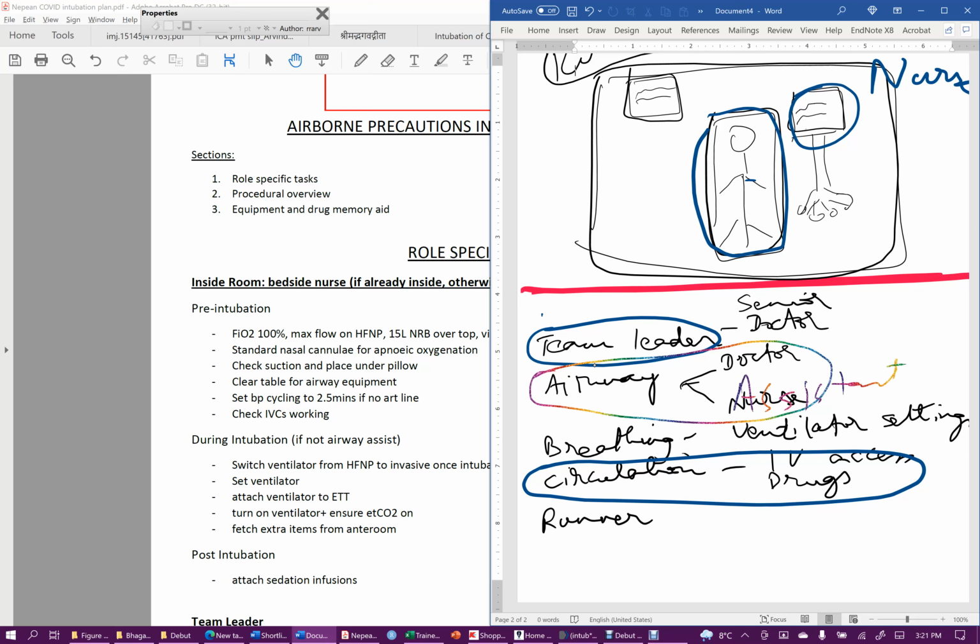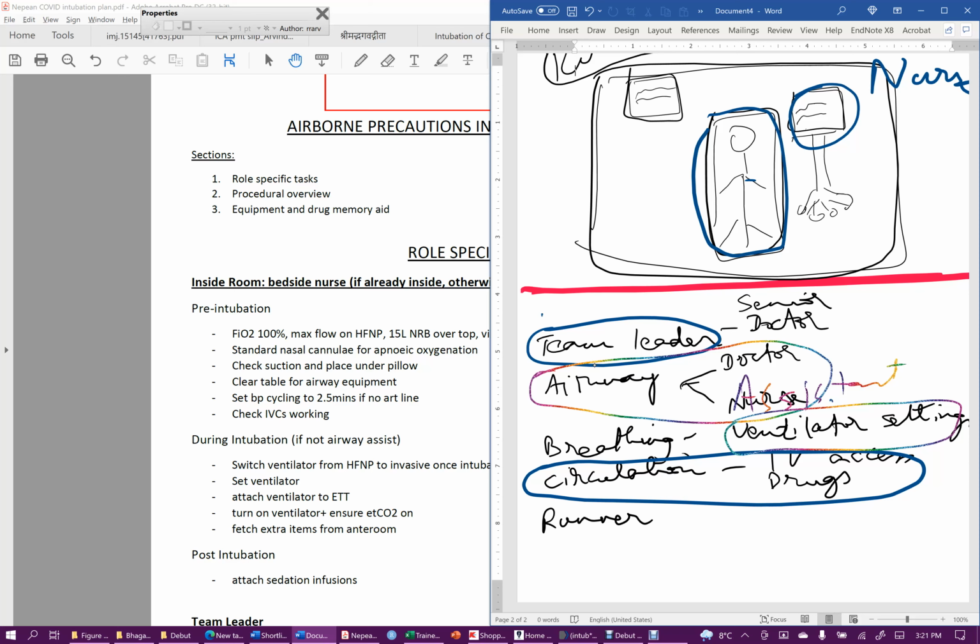The assistant should preferably be the bedside nurse who's already there. That bedside nurse can already set the ventilator settings and all that. At the end of the intubation, the bedside nurse's job will be to attach the ventilator, inflate the cuff, and attach the ventilator and the capnogram. And that means that you can do the whole thing with just 3 people